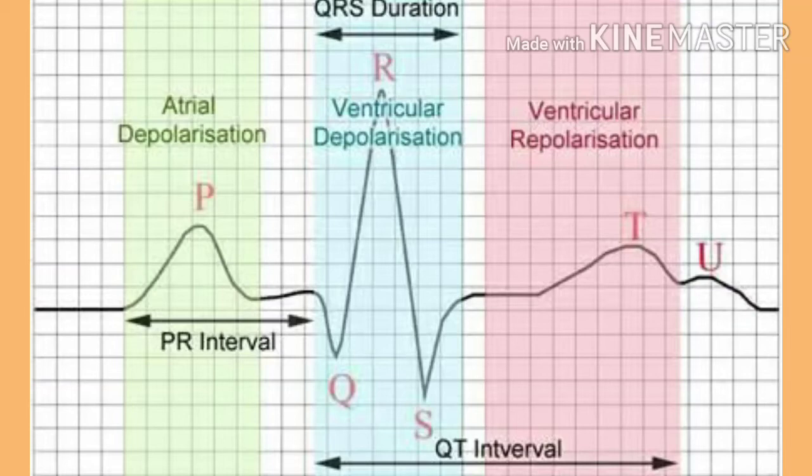In the diagram, the P wave is a small upward wave that represents electrical excitation. Electrical excitation means what? Depolarization. So don't get confused with the word depolarization. Depolarization means electrical excitation of the atria, which leads to contraction of both the atria. Clear? So this diagram is the presentation of a standard ECG.